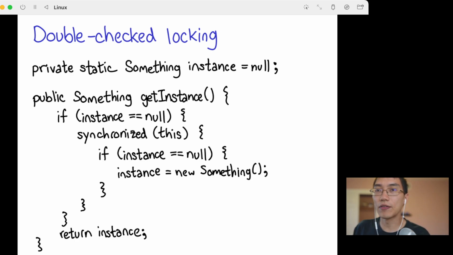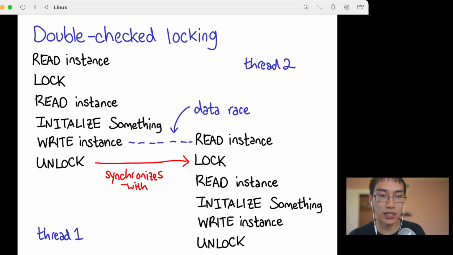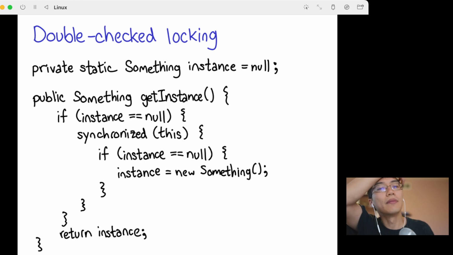I want to give a very interesting example before we move on to software transactional memory. So this example is the so-called double-checked locking. This is a very attractive idea that people come up with when they're like, oh, wow, locks are expensive, so I don't want to take out locks. And it doesn't work. And we're going to explain why it doesn't work based on what we just talked about. So the idea behind double-checked locking is that